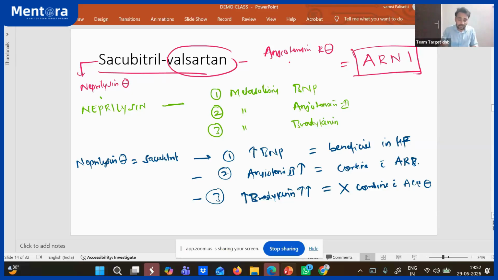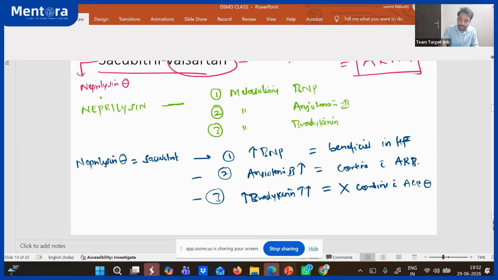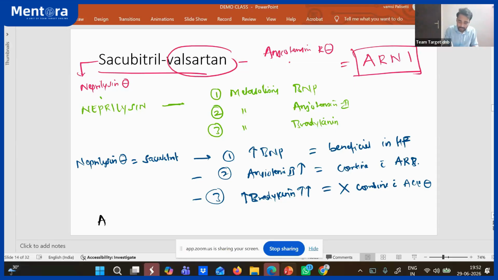Very, very important. And that's why the strongest dictum which was asked in the previous NEET was, whenever a patient is taking ACE inhibitors, if you want to shift to ARNI, stop the ACE inhibitors and wait for 36 hours for the ACE inhibitors to completely wash out of the body. Then you can put the patient on ARNI. You should not stop today and immediately put on ARNI. Because when ACE inhibitors are used, there is always increased bradykinin. If you give ARNI also, again the bradykinin will be elevated. So when you want to stop ACE inhibitors, wait for 36 hours. Then after the entire ACE inhibitor is washed out of the blood, you can give ARNI.